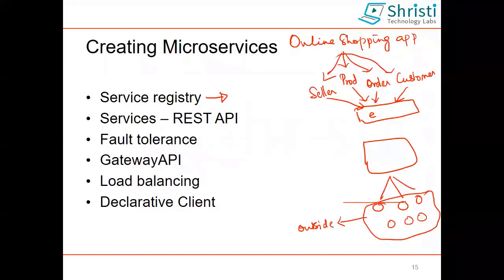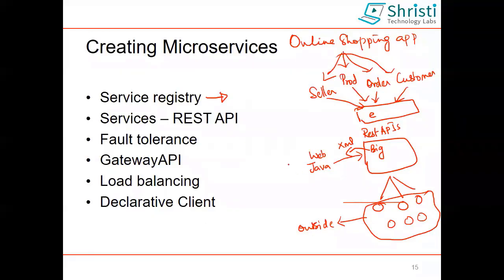When you say a web service, it is independent of other services. In case of web service, there are two kinds: one is REST APIs, the other one is big web service. What is the purpose of going in for web services? The main reason is platform independence. I have code written in Java, which is a web application. Now I want to get the data of footballers who are from USA or Canada. So I'm trying to connect to a service which is written in a totally different language. In case of web services, they are going to return the data in the form of XML. This Java application will take it, convert it and show it to you.